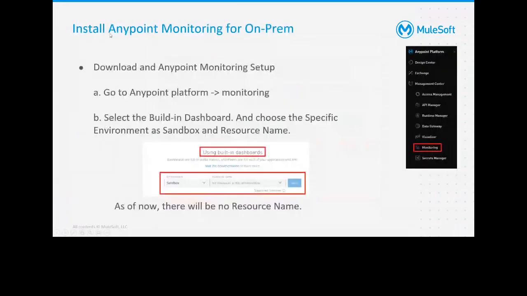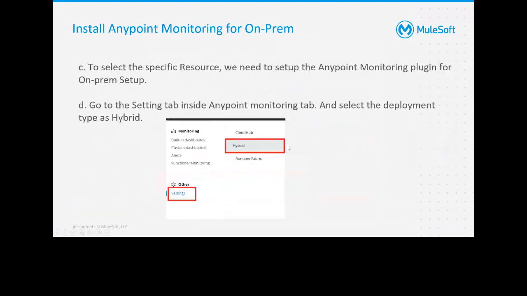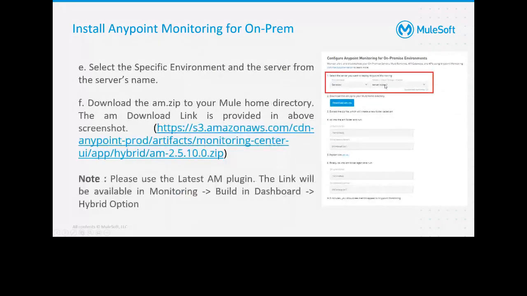So the steps which we have followed: we went to the monitoring tab. In the settings, we select the hybrid tab to identify the AM setup. Then we selected our node, and download am.zip is available. We downloaded this zip file. We will use this link until this version is updated, or the best way is we always go and download am.zip. It will download the latest plugin,